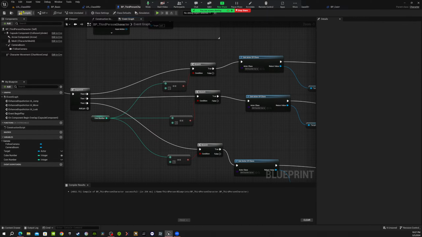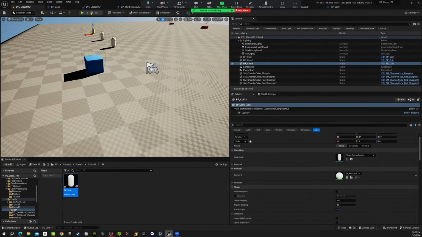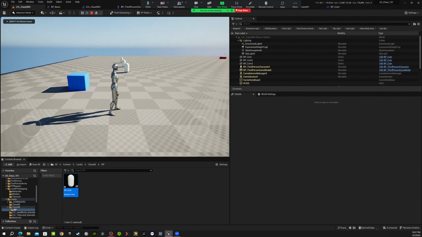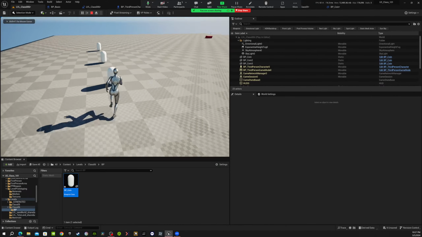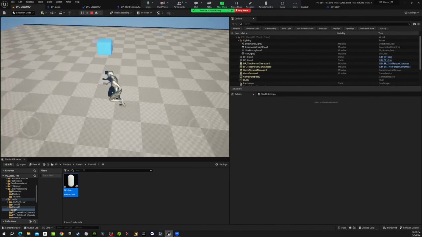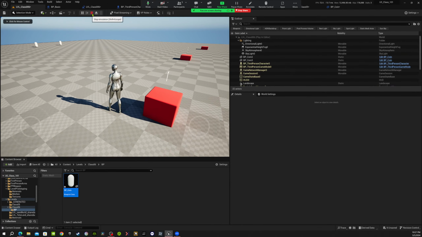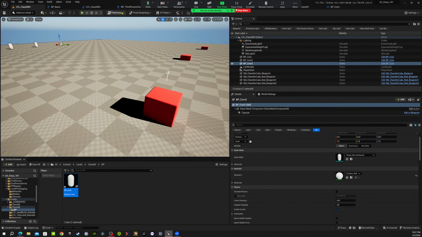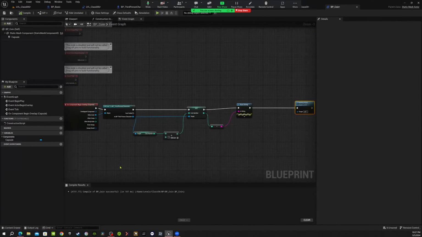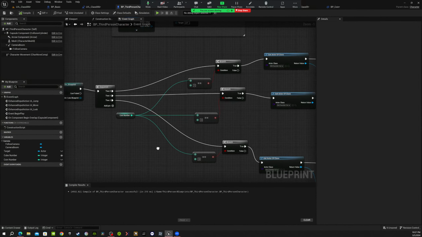So actually, this should be this. So 1 coin and number 1. Perfect. That's what it is. But now if we don't have any coin, we should not be able to go anywhere. So